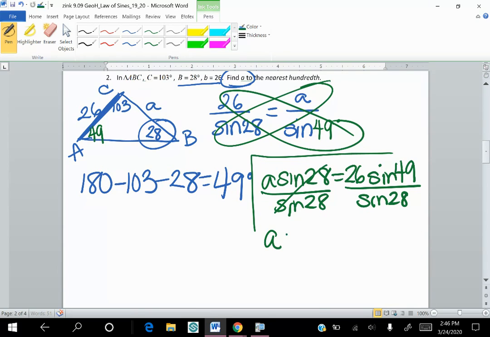Put this in your calculator. Again, use your alpha y equals to type this in: 26 sine 49 in the numerator, sine 28 in the denominator. Hit enter. We should get